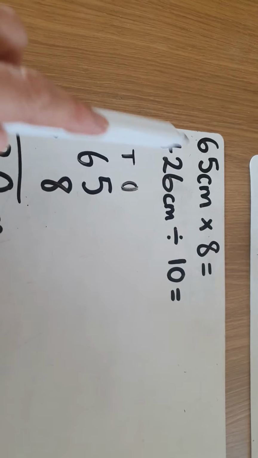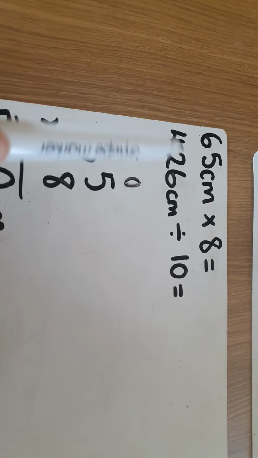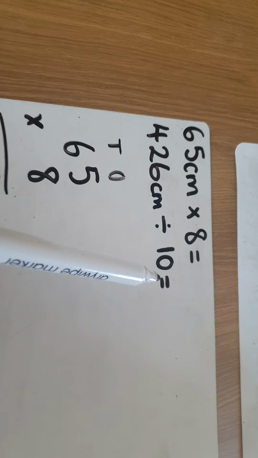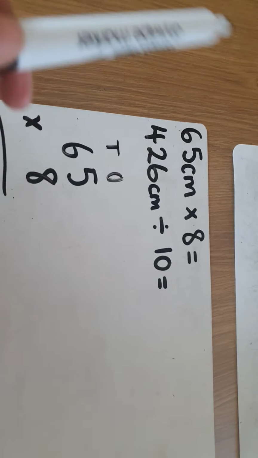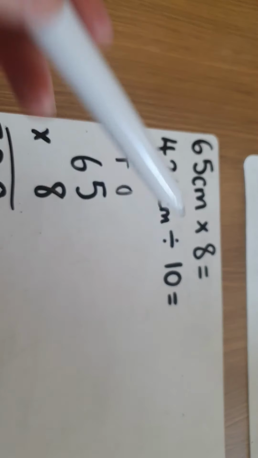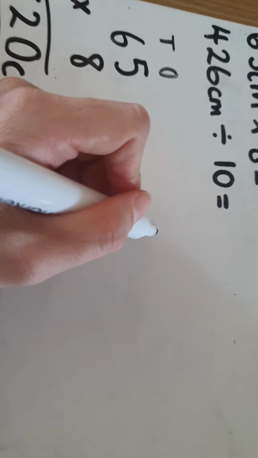It might be a division question. So my kitchen counter is 426 centimeters long. The kitchen tiles come in 10 centimeter in length. How many tiles do I need? So here you'll be doing your multiplying and dividing by 10, which we learned last term as well. So we're going to write